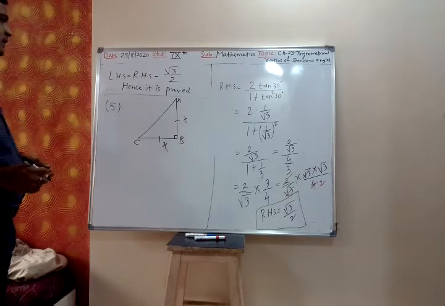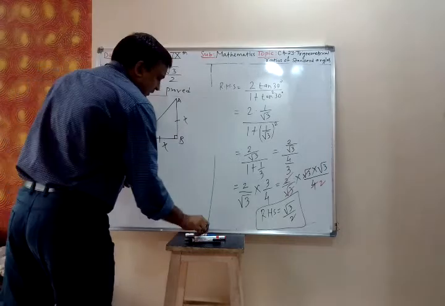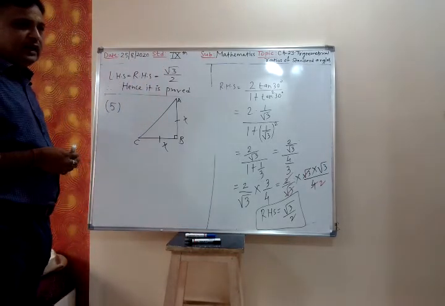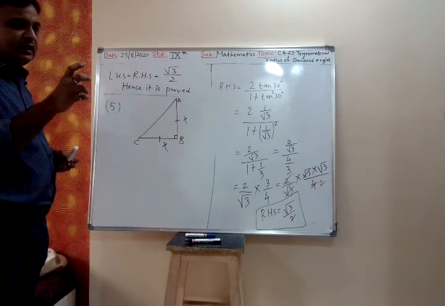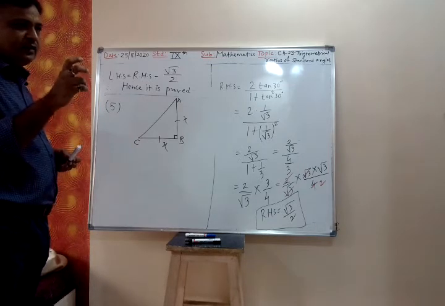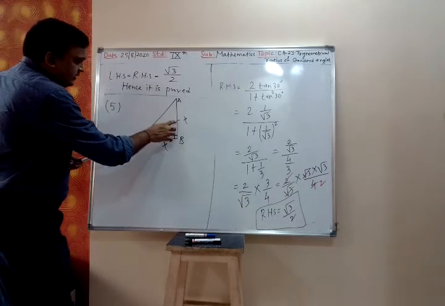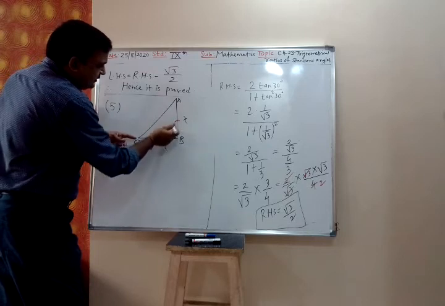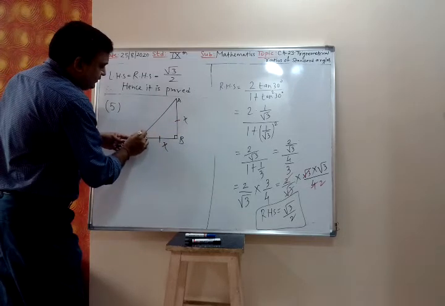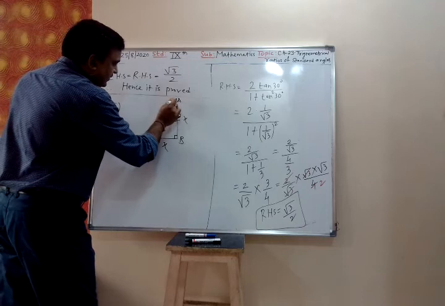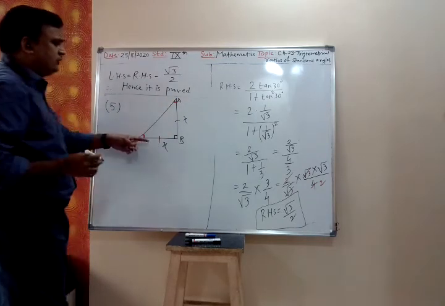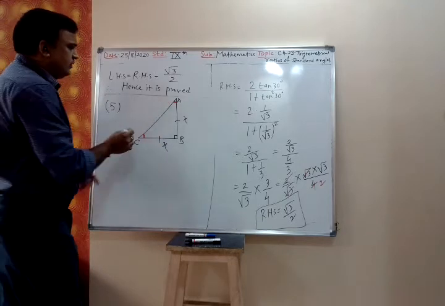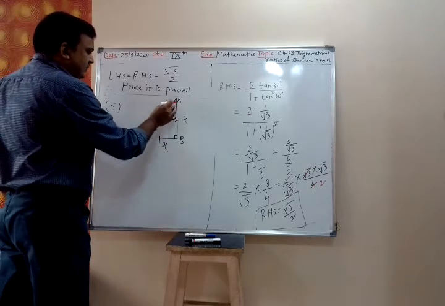See here. Now there is one concept in isosceles triangle. In 7th standard you have studied, in isosceles triangle, the angles opposite equal sides are equal. So these two are equal sides, so their corresponding angles will also be equal. Are you getting this? In isosceles triangle, these two are equal sides, so these two angles will also be equal.